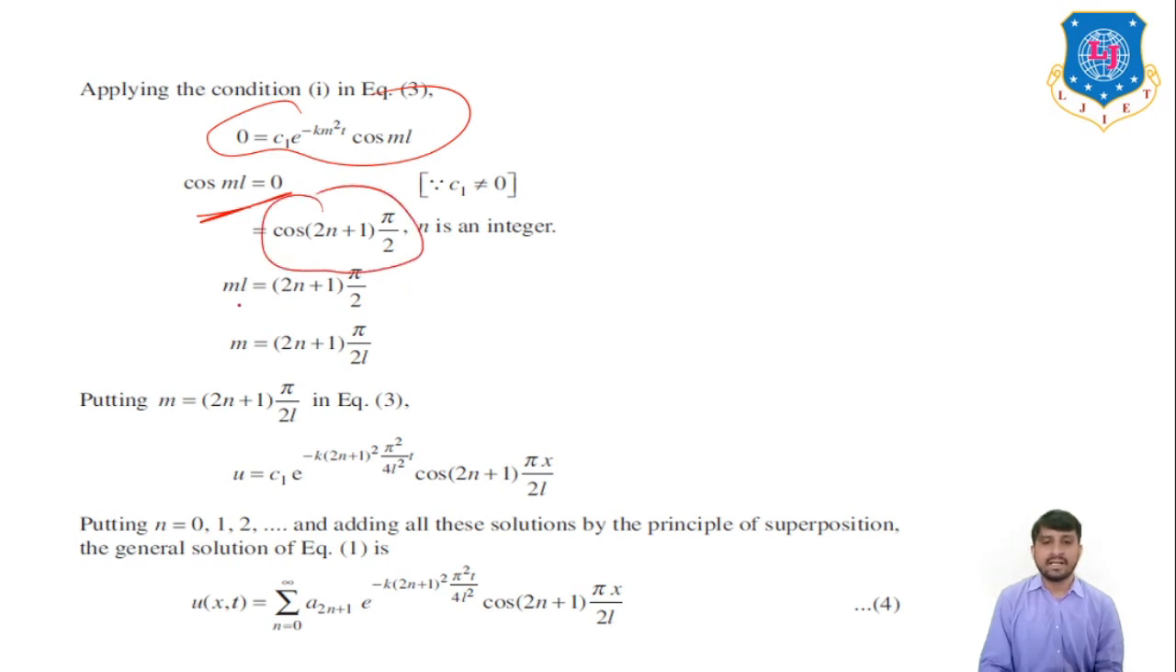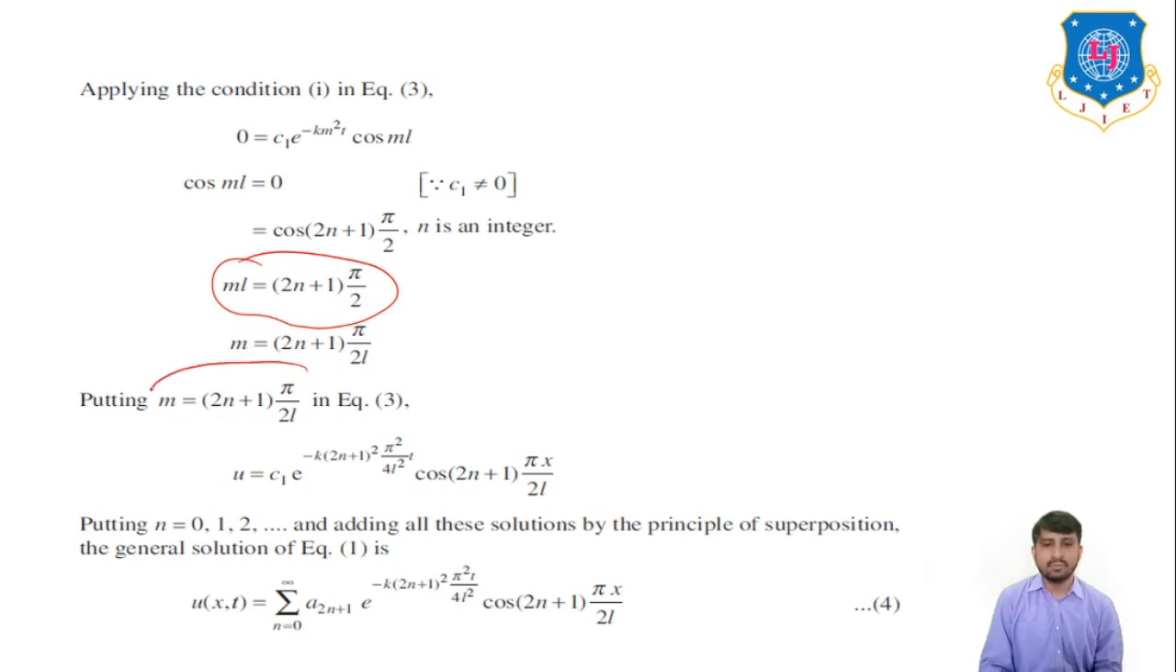Okay, and ml, that means what? ml is nothing but (2n plus 1) into pi by 2. So m is equal to (2n plus 1) pi by 2l. Okay, and u is equal to c1 e raised to minus k (2n plus 1) whole square into pi square by 4l square t, cos of (2n plus 1) pi x by 2l. Okay, putting n equal to 0, 1, 2,